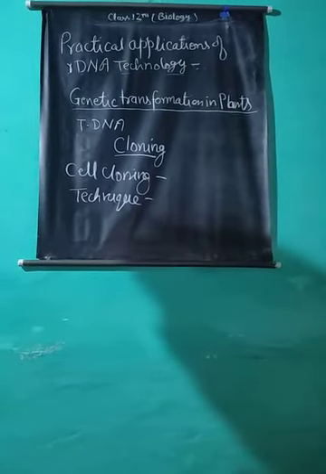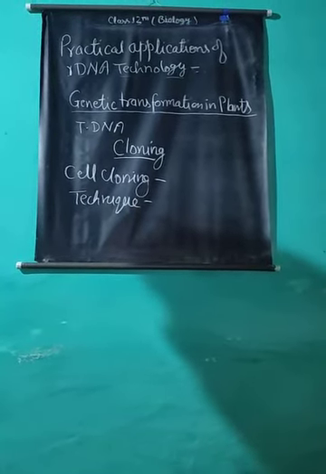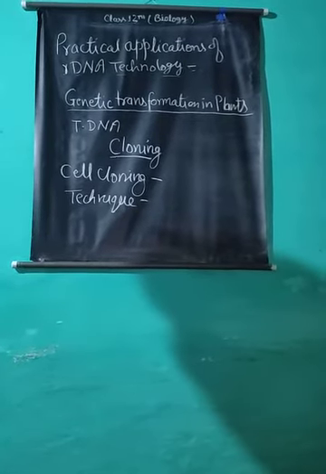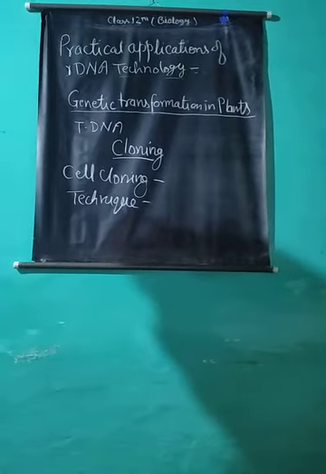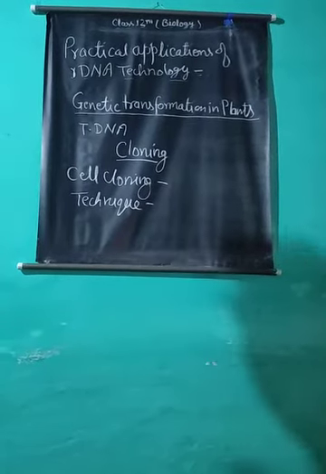In the second stage, a suitable culture medium is taken in a petri dish and isolated cells are inoculated on it. These cells move toward the bottom of the petri dish, forming a group of similar cells. These cells are actually clones.